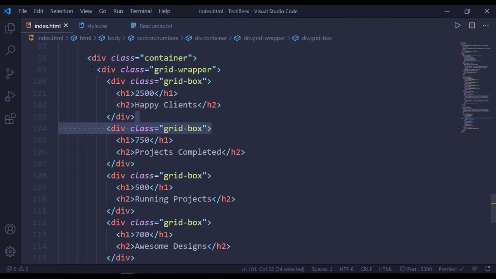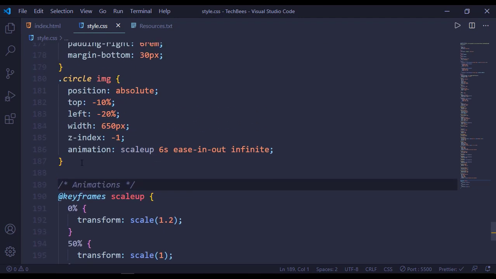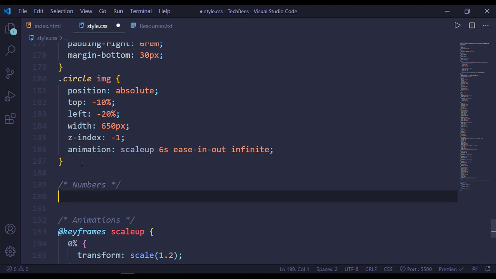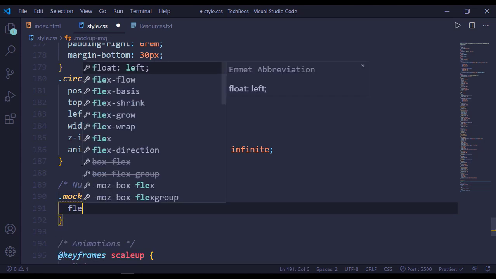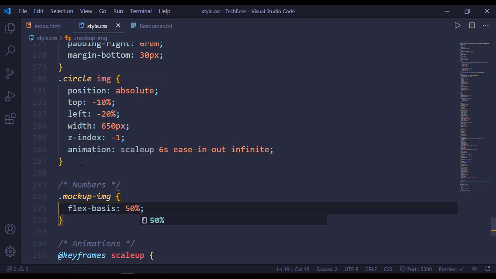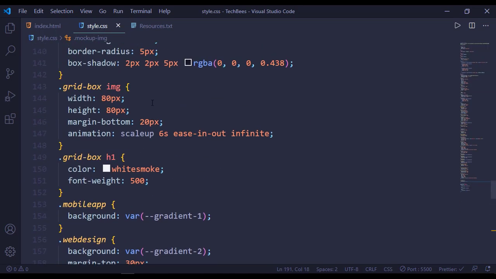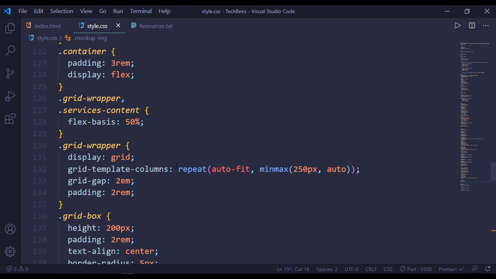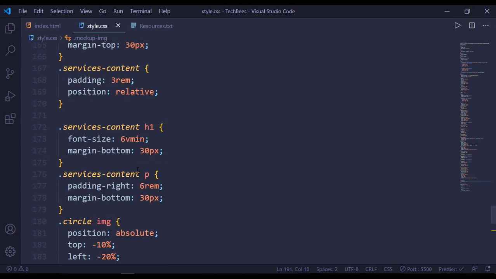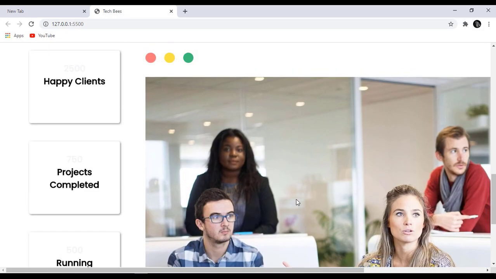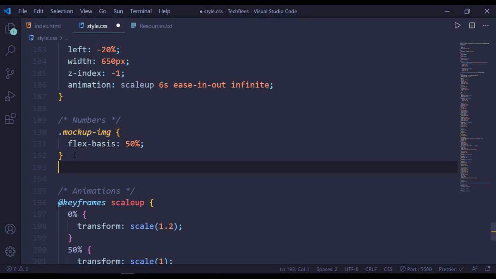Okay, open our CSS file, and here I will leave a comment of numbers. Now target our mockup image. For this, flex basis will be 50%. For our grid wrapper, we already added a flex basis of 50% here. So now for our mockup image, we are adding a flex basis of 50%, and in this mockup,